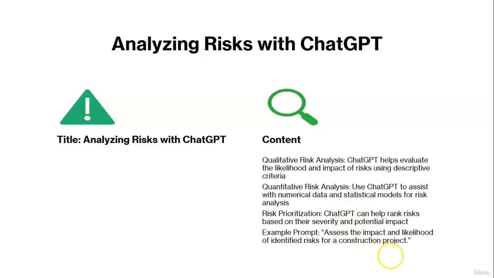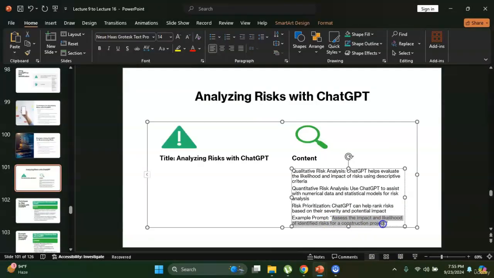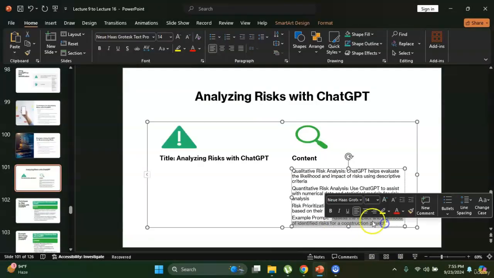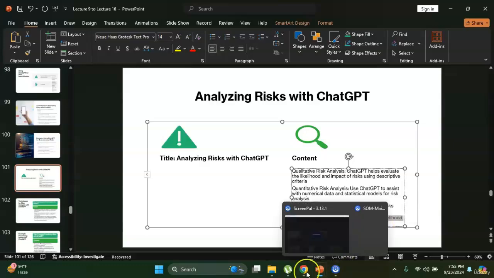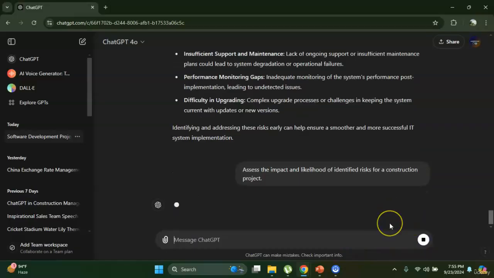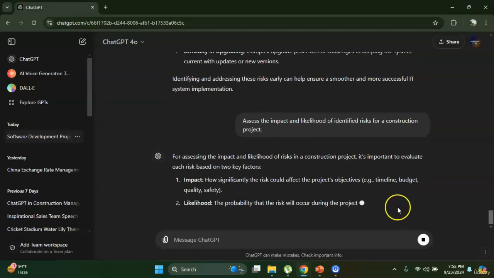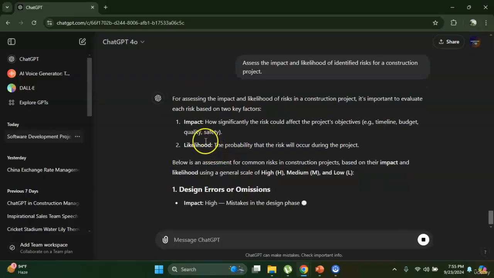So we are giving this example prompt here. I copy the prompt and go to this window, the ChatGPT prompt window, and let's see what output it will generate. So it is generating